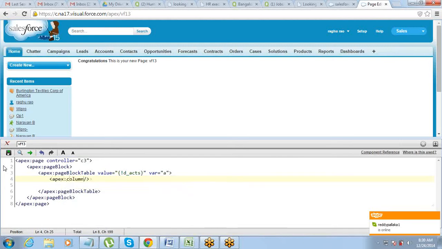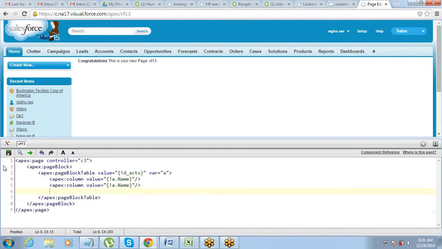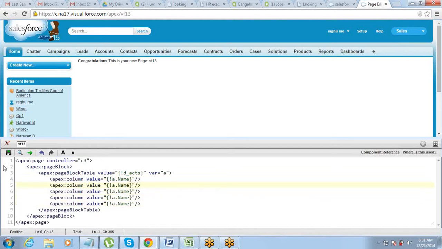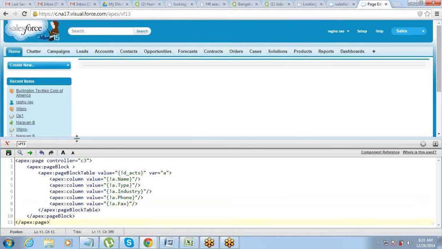Column value a dot name, type, industry, phone, fax. Okay,